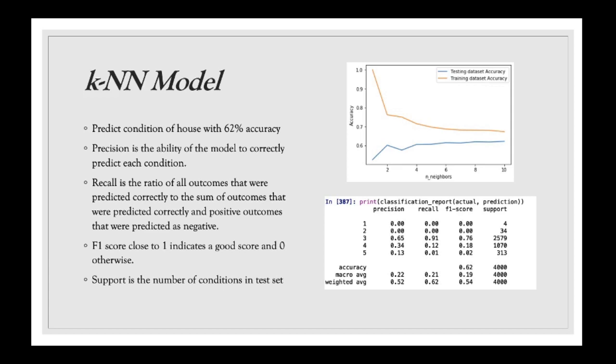Support is actually the number of such listings that our training set has picked up. For example, we only managed to pick up 4 listings with a condition of 1, which is too small, hence the precision was set to 0. So overall,